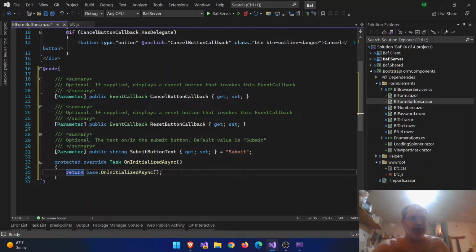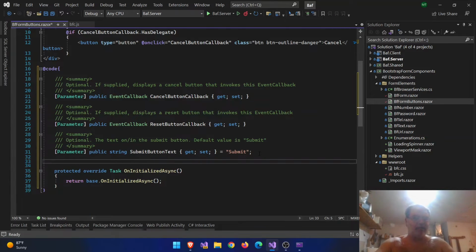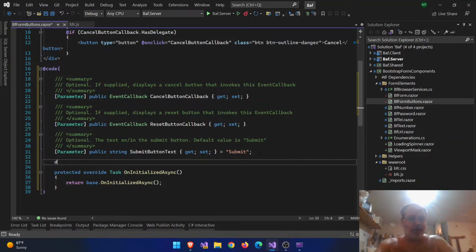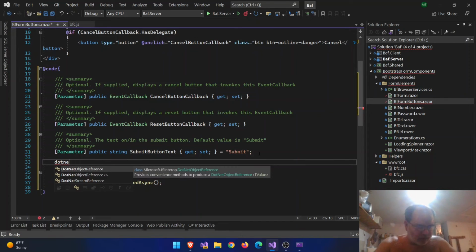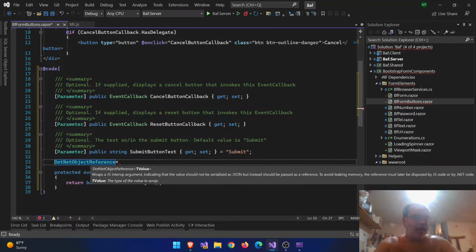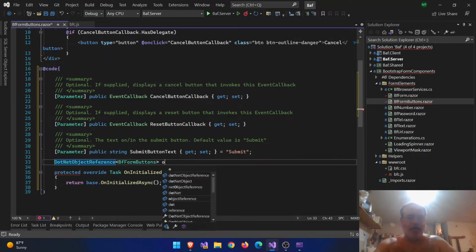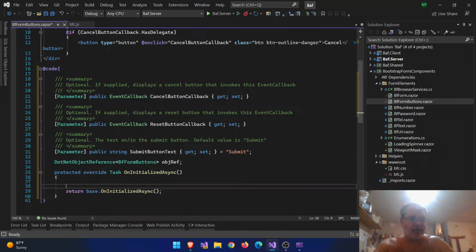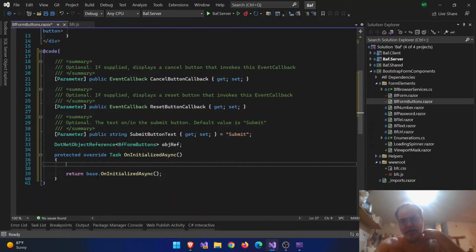So we're going to want to get a JSInvocable. Well, first of all, we want a reference, right? So we're going to want to pass, I'll put that down here, we'll call it the .NET object reference, and that'll be a reference to this thing, so that'll be BFFormButtons objectRef. And then when we initialize that, we're going to want to pass this in,